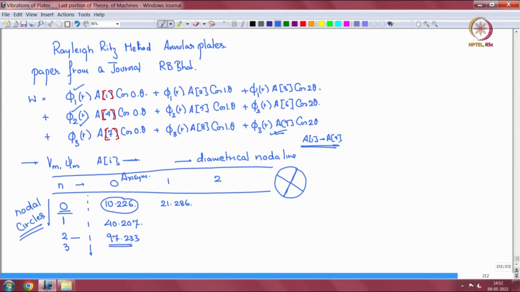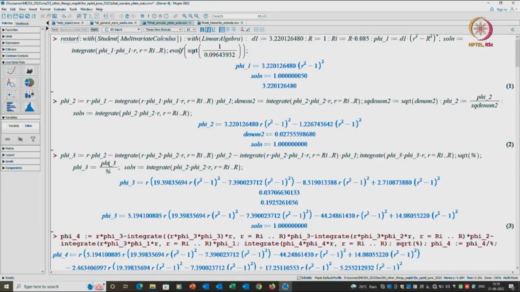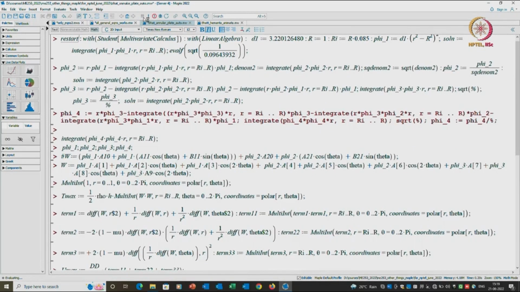So what I will do now is just show you some of these calculations in Maple, so that you can believe that these are actually doable. So I am shifting to another computer here. Now you have seen the annular axisymmetric resonances. So let me run this code for the annular circular plate. So if I run it,